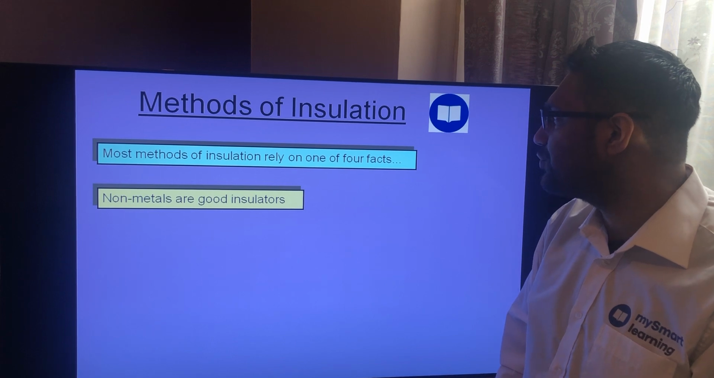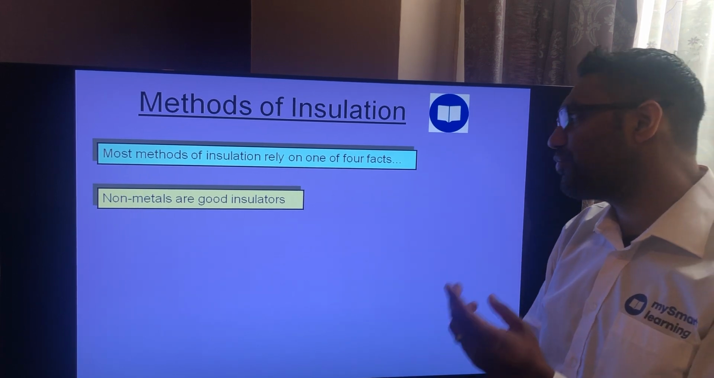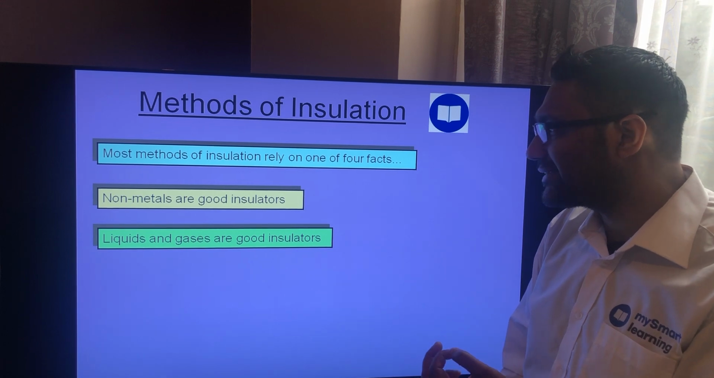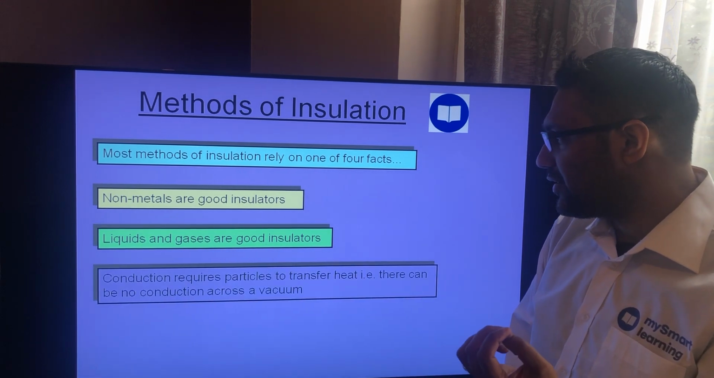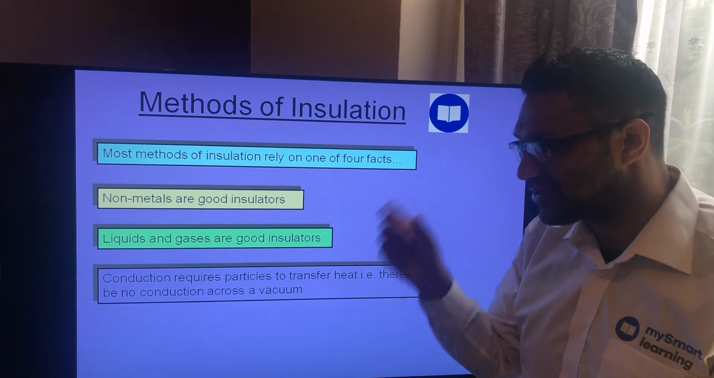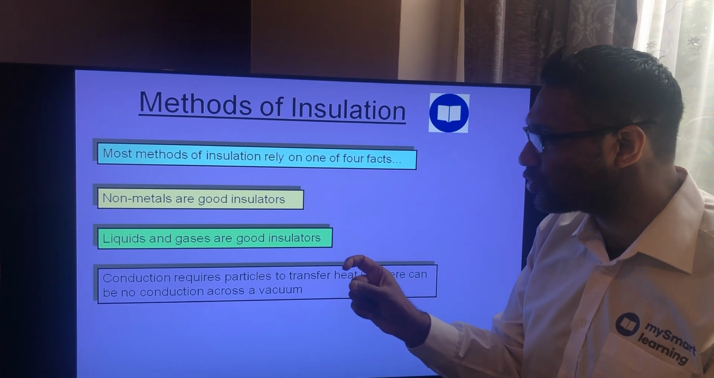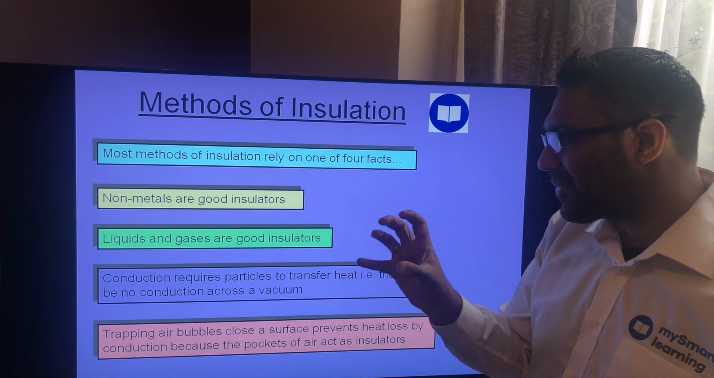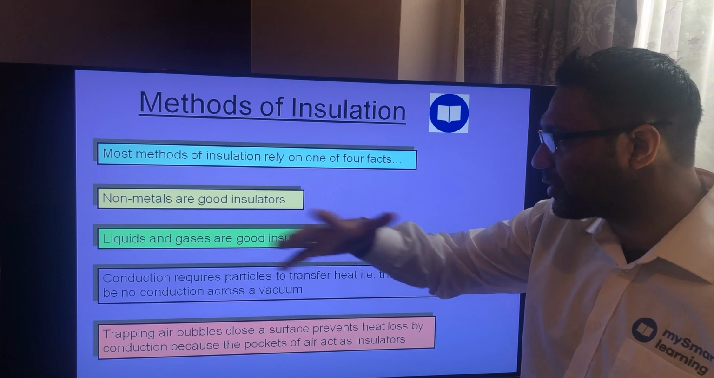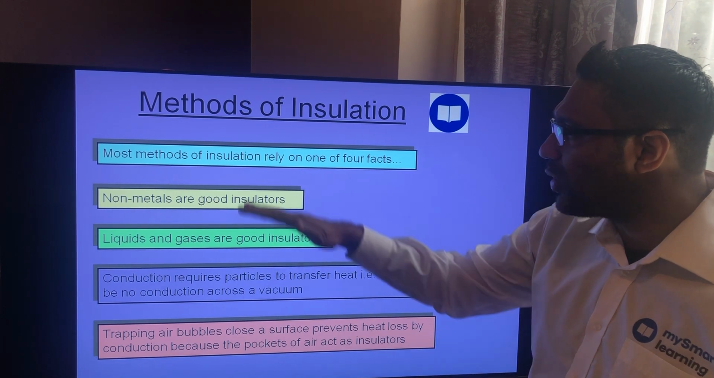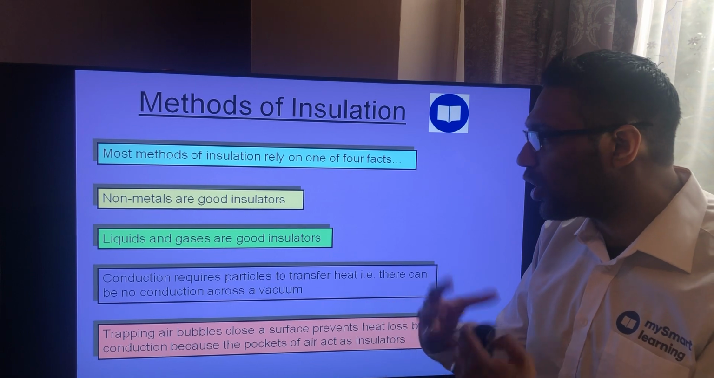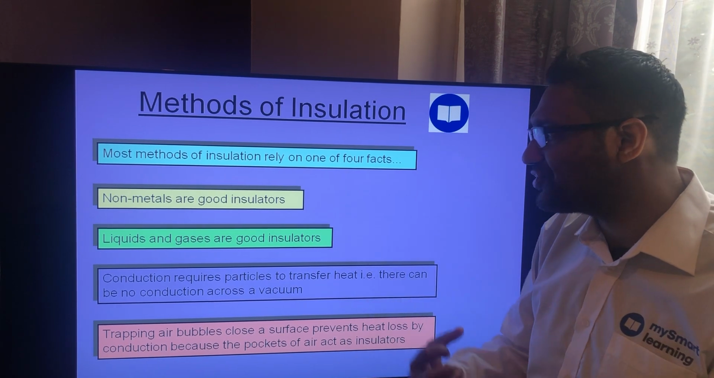Most methods of insulation rely on four things. They need to be non-metals. They need to either be liquids or gases. They can't conduct across a vacuum, so if there's complete dead empty space, there are no particles at all. Or by trapping air bubbles or pockets, again that's just a gas, and that will stop conduction going across. So you either want a non-metal material like wool, okay, or cotton or foam or something like that,